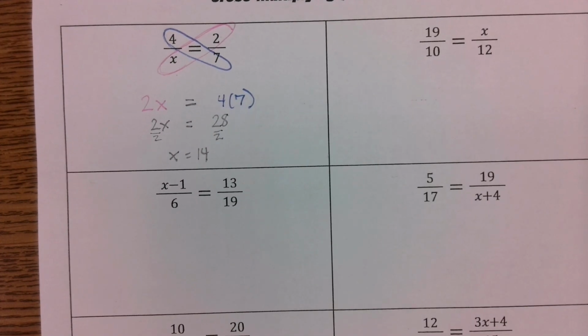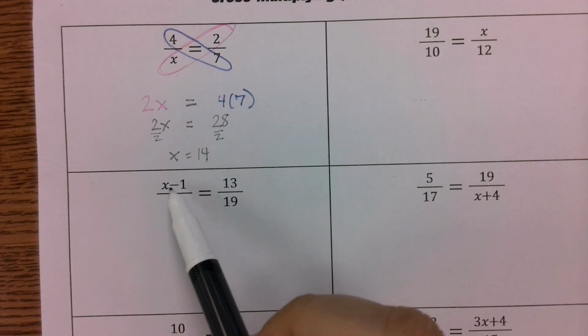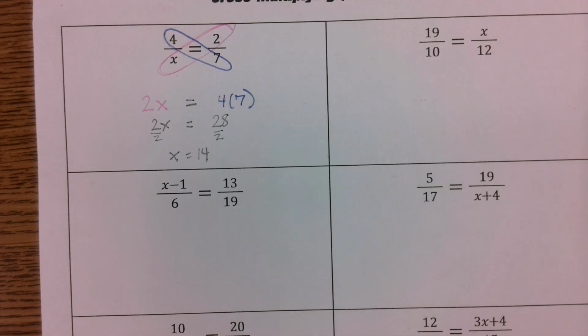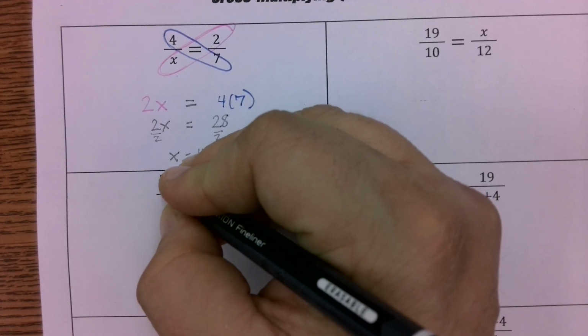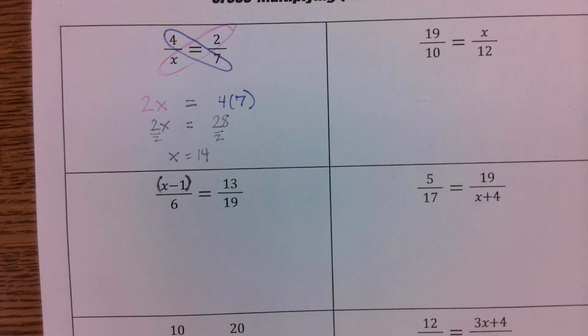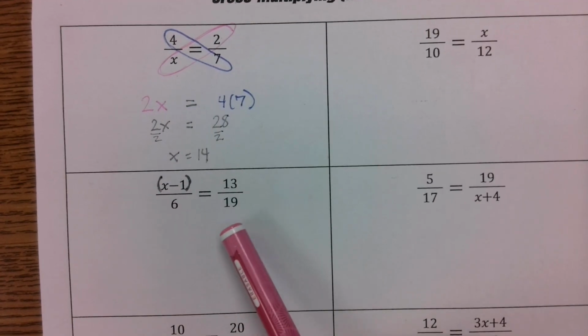Whenever you see something that has more than one term, has 2 or more terms in it, the very first thing that you need to do is put parentheses around it. You'll see why in a minute, but the parentheses are going to be important. Now I know it's a fraction equals a fraction, so I need to cross multiply. It doesn't matter which way you start,